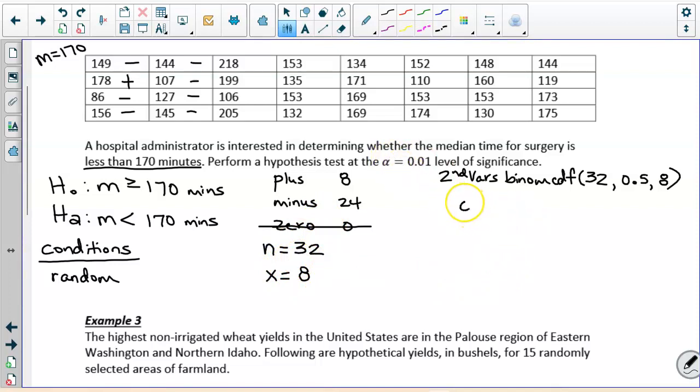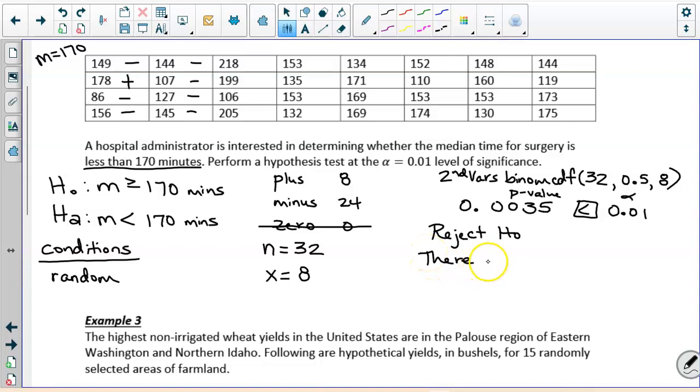You do that, you get 0.0035. So y'all got? Okay? If I compare that to alpha, that's my p-value. I'm going to compare that to my alpha, which is 0.01. This is less than. If the p is low, reject. Yep, so reject the null, which means there is or is not. If we reject it, there is. Good. There is